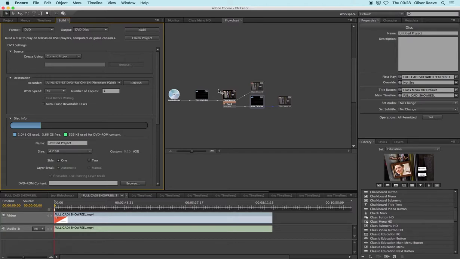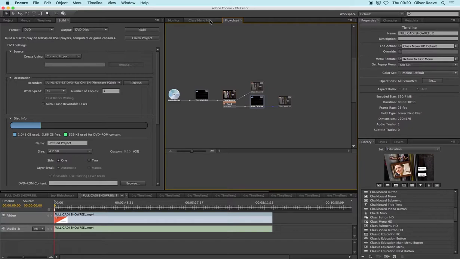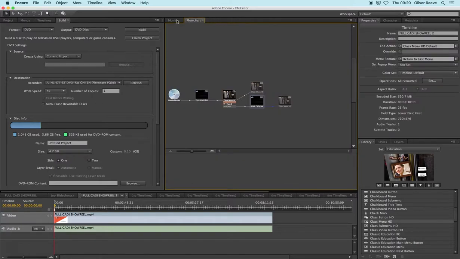If you do have any issues, just let your tutors know and we can help you through any of these areas. But the main troubleshooting is make sure that all of these, the flowchart links to something, even at the end of the project, you link it back to your main menu. So once this finishes, it goes through it. If you do want to just make sure that it works, you can do a test. And if I remember how to do that correctly, it's preview. You click that little option there,